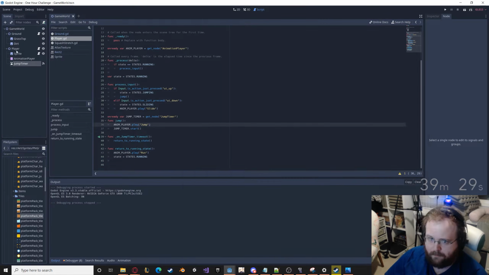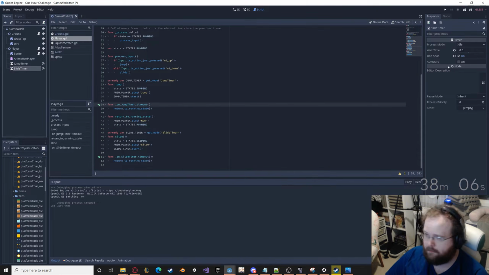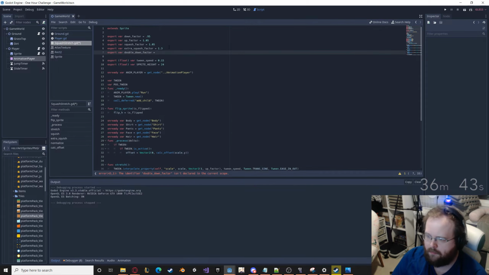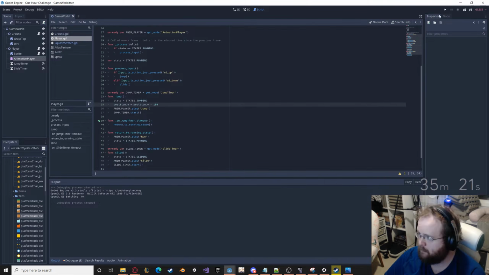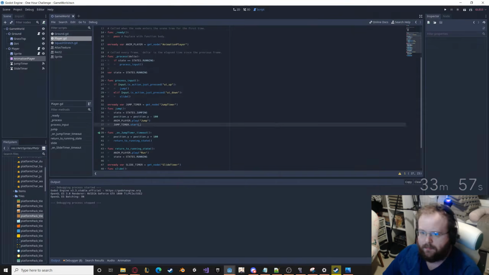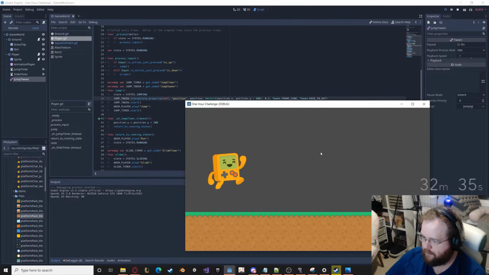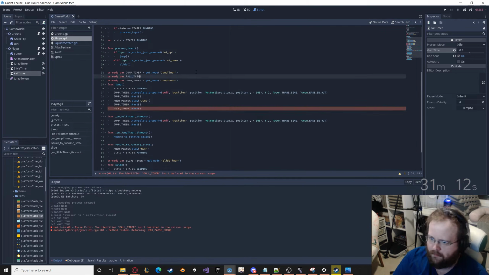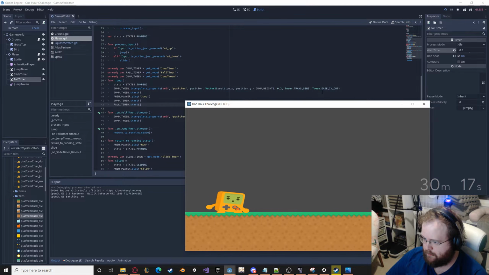I play around with the specifics of the jump and the slide and the details of that for a while until it feels good enough for me to move on. Probably another thing I wasted a little bit of time on, but I get it all hooked up to the actual player controls, and now the player is moving and sliding and jumping, and you can see what that looks like here. Now I've got about half the time remaining, and I have a character that you can control, but